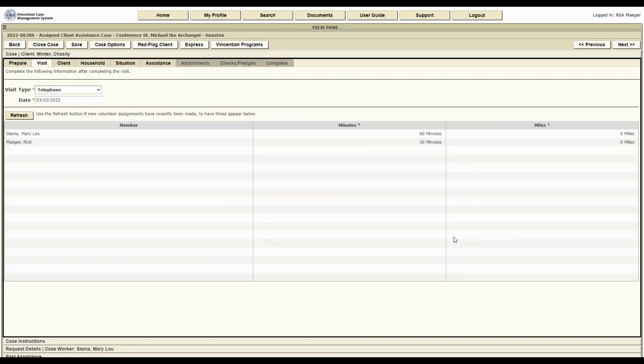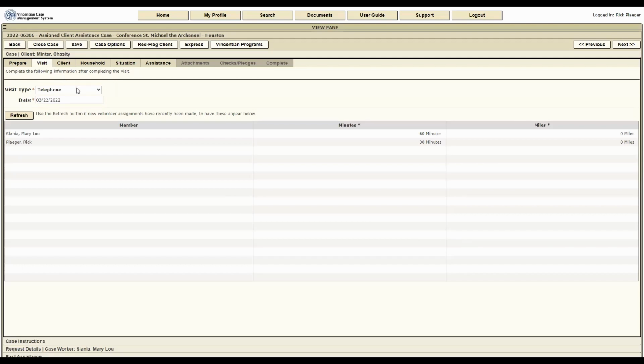This tutorial will assist you in adding volunteer hours that will show up in the monthly conference report. These are hours that are not associated with a particular CMS case. With respect to CMS cases, if you recall, when you are entering casework under the tab Visit, you are asked